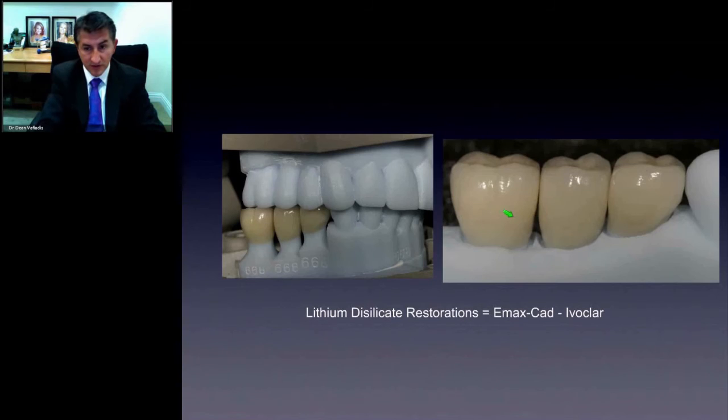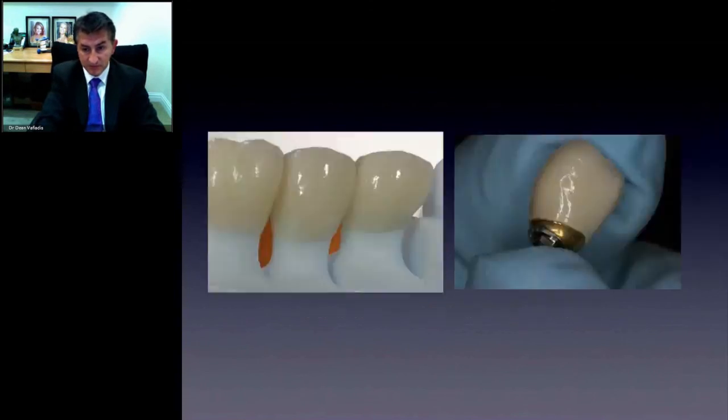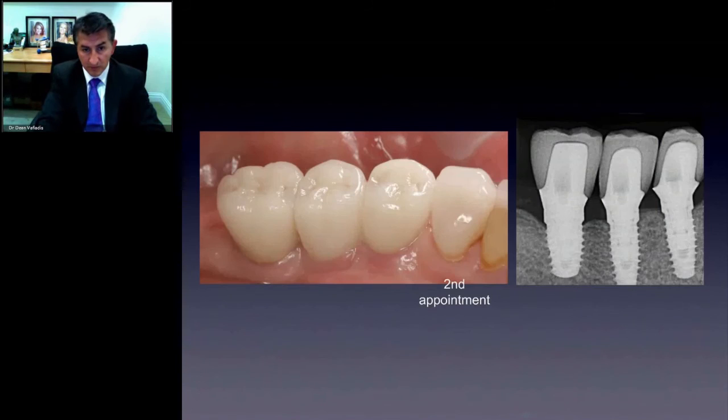These are Emax full monochromatic, monolithic Emax crowns. You can see the marginal integrity is excellent on the model and on the abutments. And now those are tried in the mouth at the second appointment. So at the second appointment, the abutments are tried in, the radiograph is taken, and then we'll try in the first restoration, the second restoration, the third restoration, and make sure the contacts are good and make sure the occlusion is good. And again, a big wow factor when you try these restorations in, because they're really fitting in an ideal